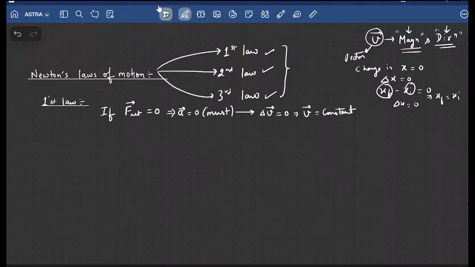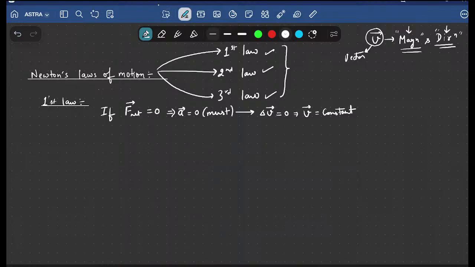These are some code words of physics, some slangs of physics in your Gen Z language. Okay, so what I'm saying, delta v is equal to 0. If change in velocity vector is 0, it means velocity is constant. And velocity is constant, it means what? It means that the magnitude is also constant, and direction is also constant. Remember always, if even one of the magnitude or direction had changed, the velocity vector would have changed, right?